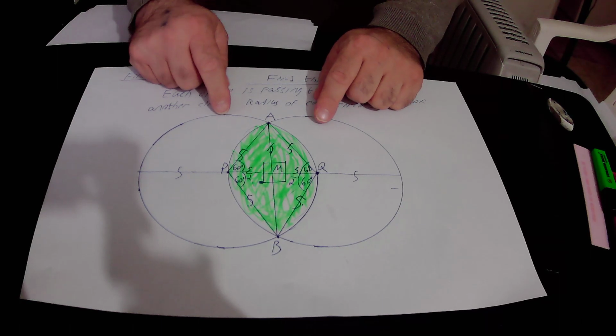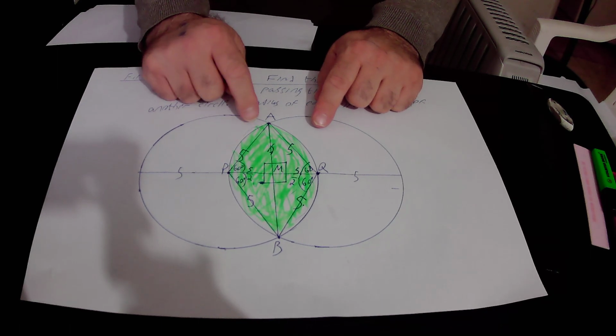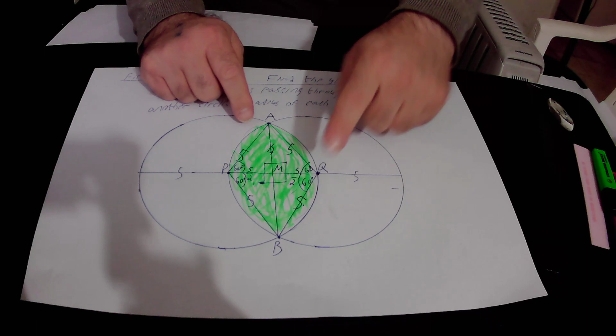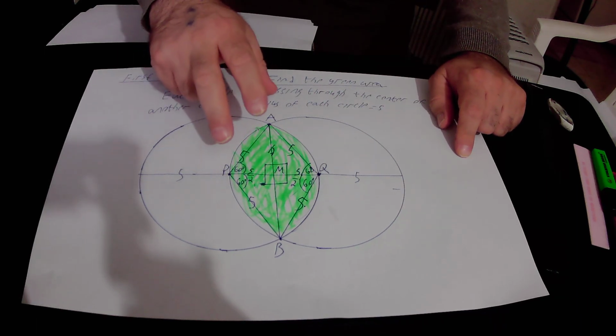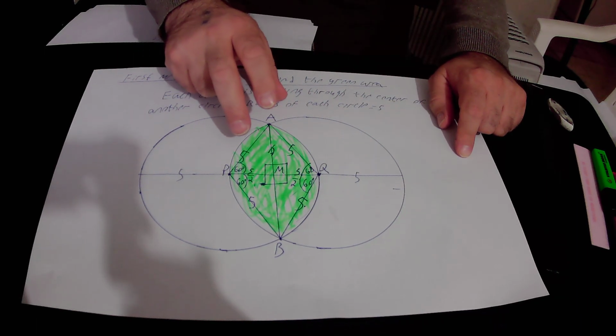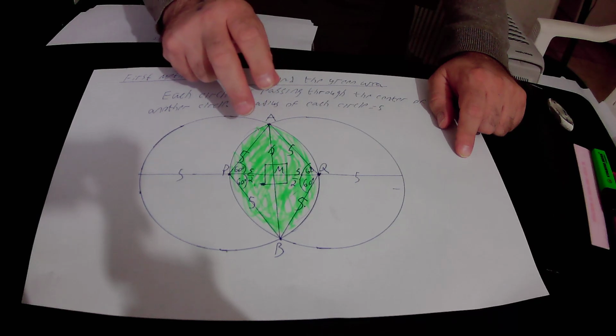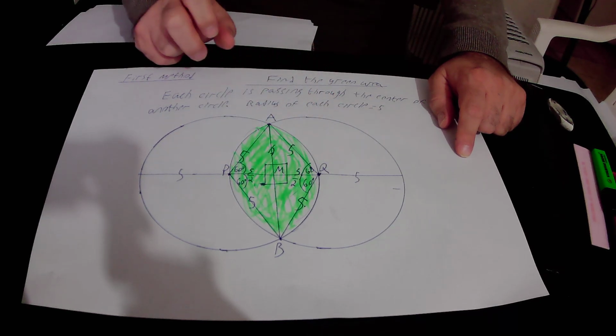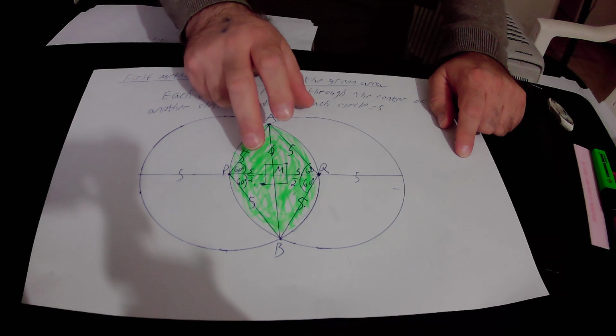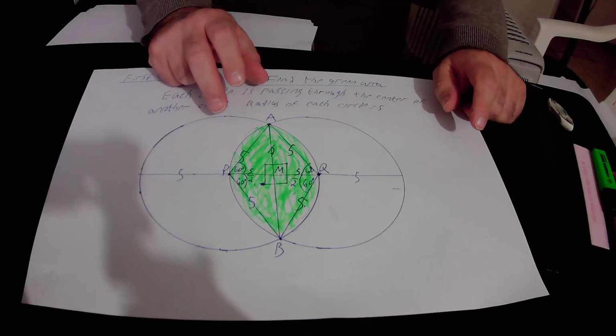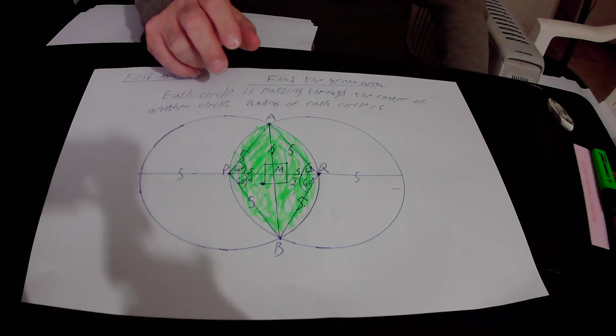And here AP equals to AQ equals to QB equals to PB, and they are actually the radiuses of those two circles, all four of them. Therefore, we actually created here a rhombus,